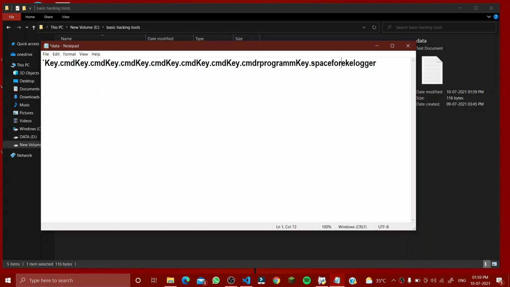So basically this is used by crackers to crack passwords and all. This is just for educational purposes. Don't take it seriously and don't try to, you know,